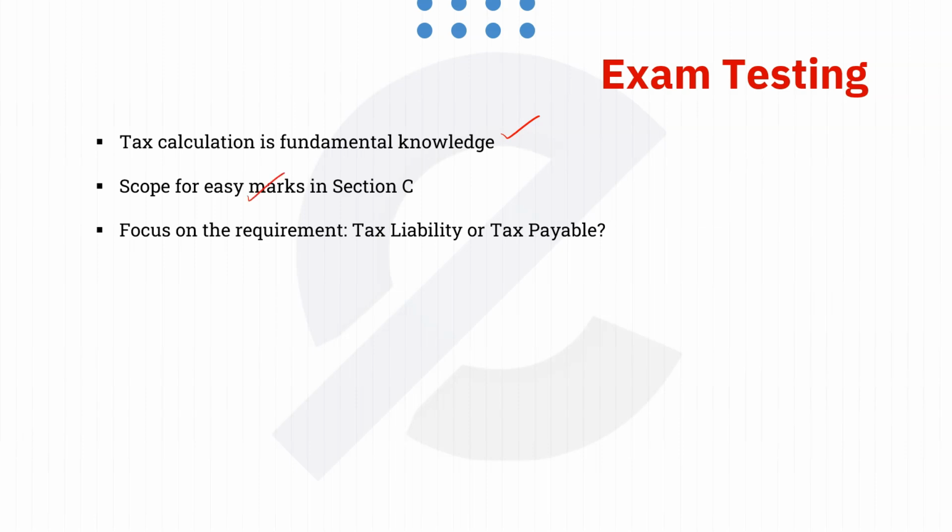One common issue that the tax examination team raises is that students do not answer to the requirement. This doesn't always mean that the students fall short of answering the requirement, but that in certain cases they exceed the requirement. For example, if the requirement is to determine tax liability, then you do not need to adjust the tax deducted at source. While the move from tax liability to tax payable is not a complicated working, sometimes candidates proceed with the tax calculation even though the requirement was to only determine the taxable amount. In this case, candidates waste precious time. So it's about developing your focus on what is required only.